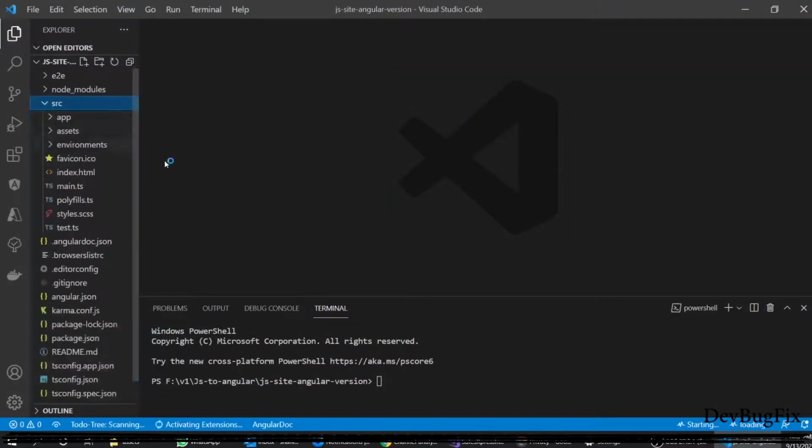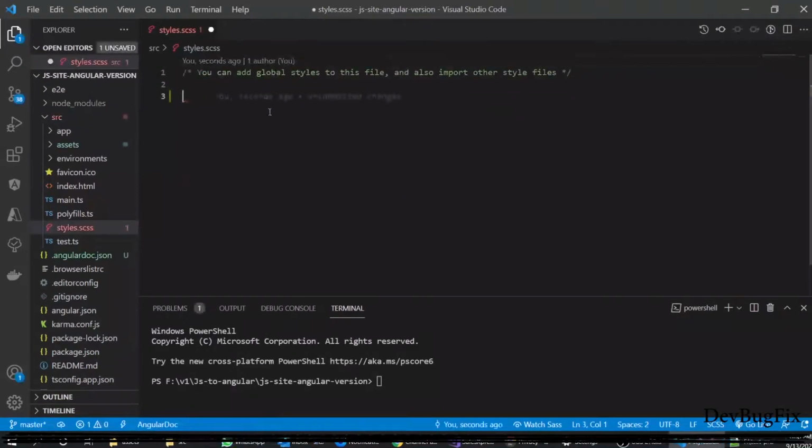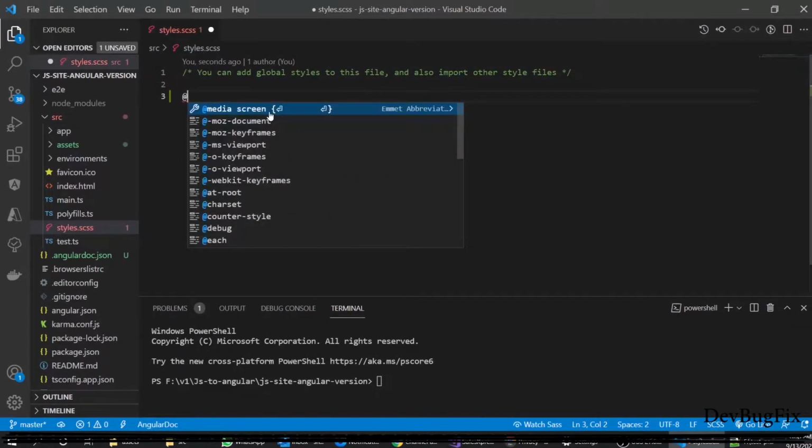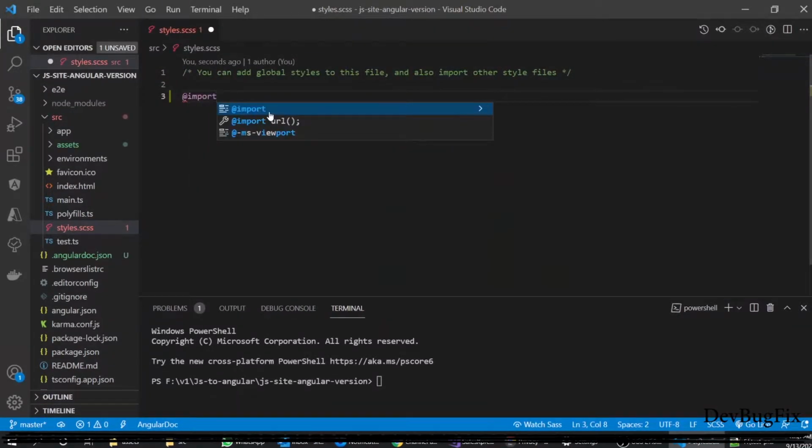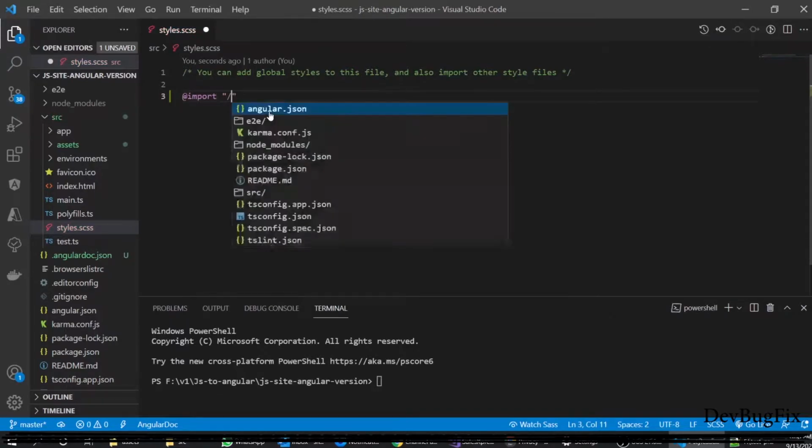In VS Code, in the styles.scss file, I will import all the CSS files of the JavaScript project which I pasted in the assets folder of the Angular project.